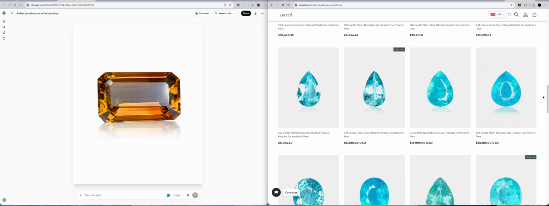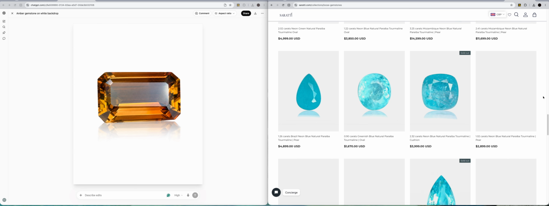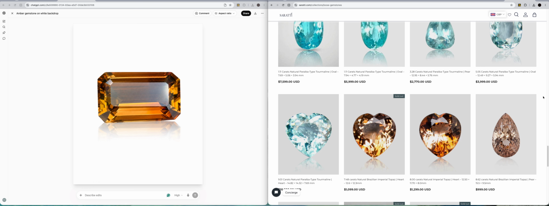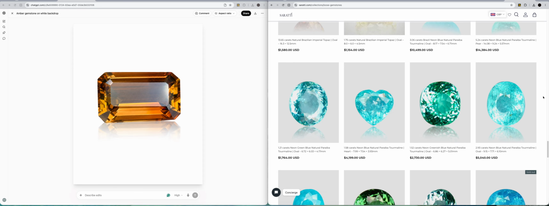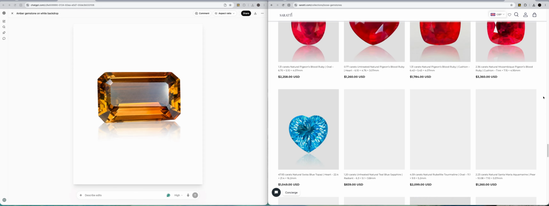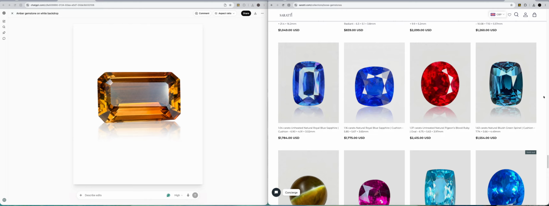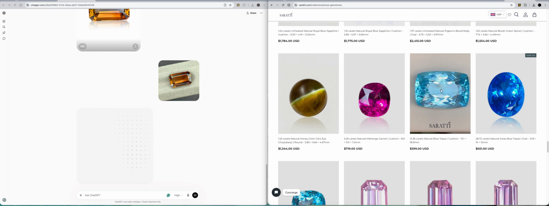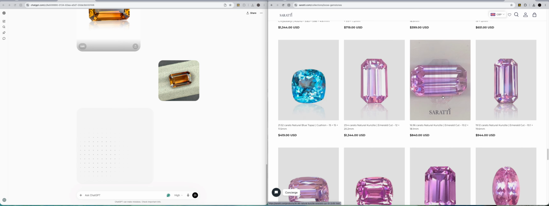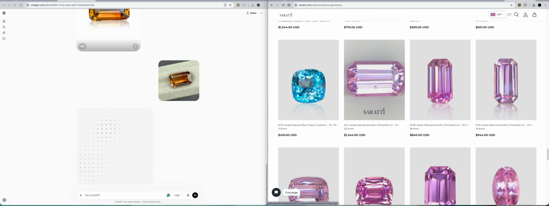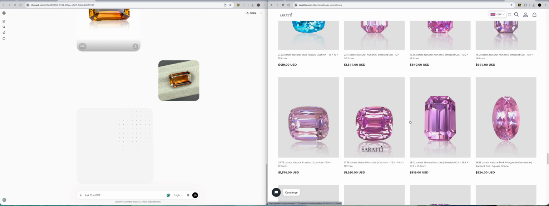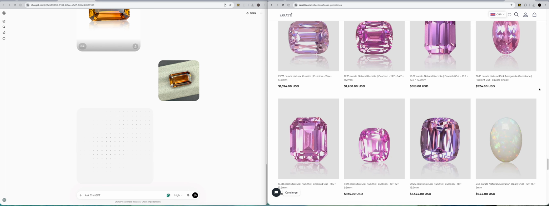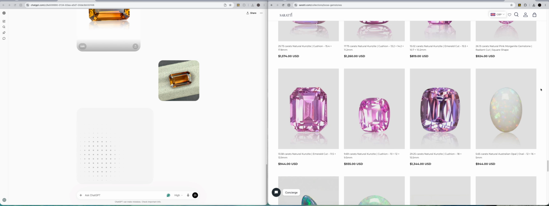Now, I want to find an emerald cut so that you can see the difference between what it has given us and what we actually have on the site. You can see with these cushions, they are all standing straight, not flat, right? These are emerald cuts. You can see we have them standing straight. We don't have them laying down flat, although these cushions are flat. But we want to keep them all standing straight